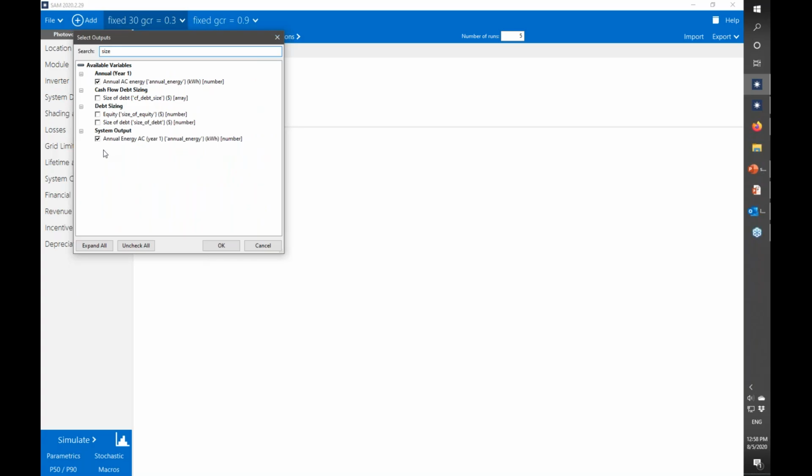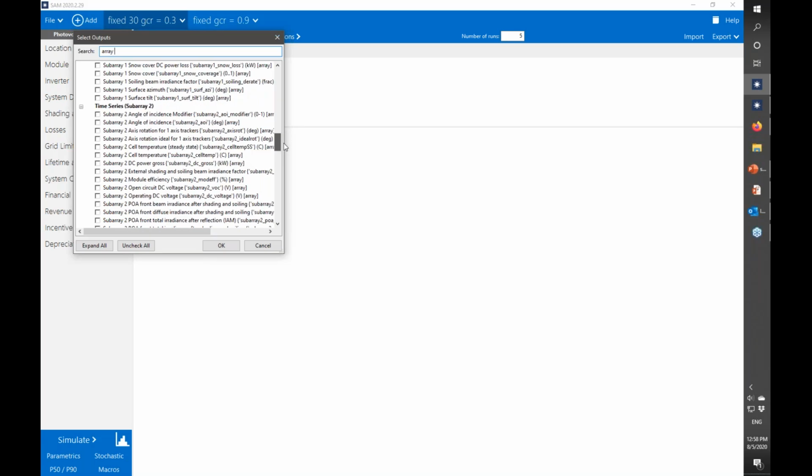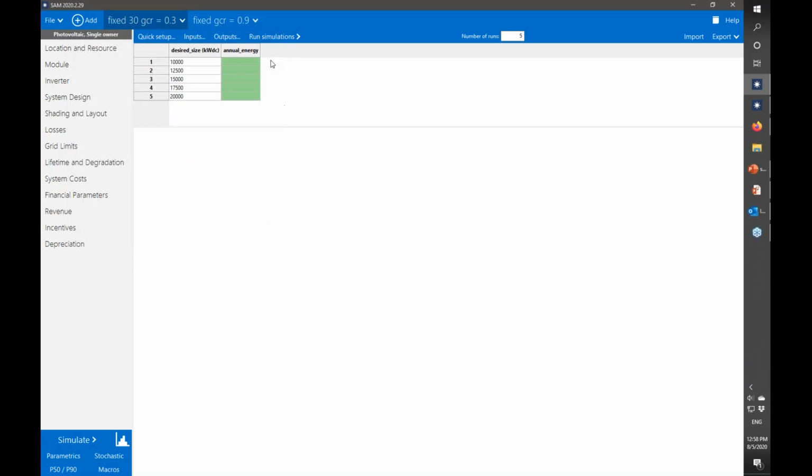Size. There should be a... well, can't find that on the fly here, so I'll skip that step for the moment just to show you how this works. So we'll run simulations,